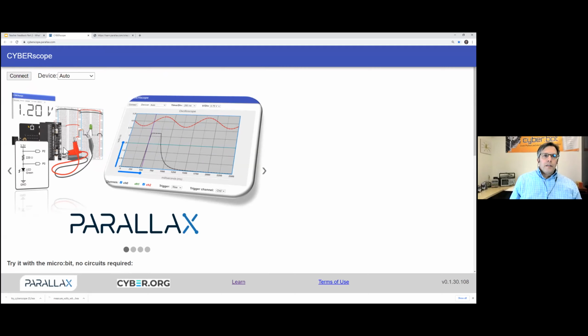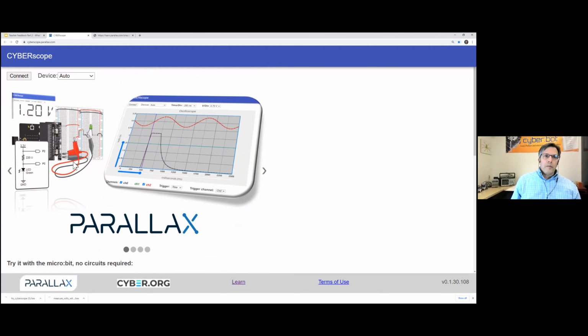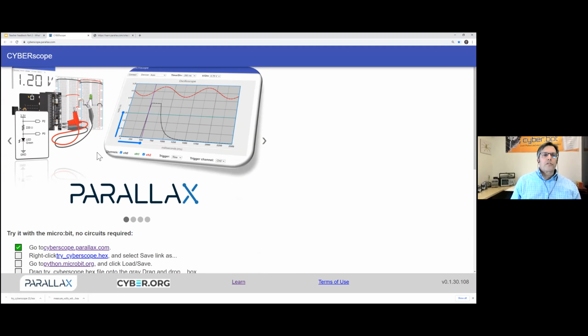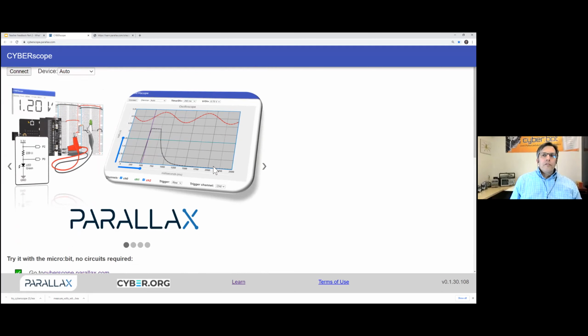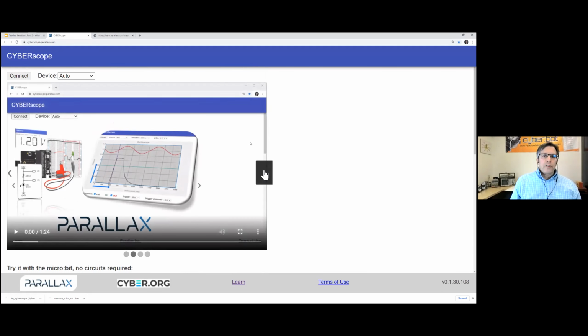And then two, it just makes it available for the lessons, and by using them and measuring and taking a moment to take some measurements on each circuit you build, it helps gain a deeper understanding of how the circuit works. So just a quick thing, you can go to cyberscope.parallax.com, and it even has a little built-in video